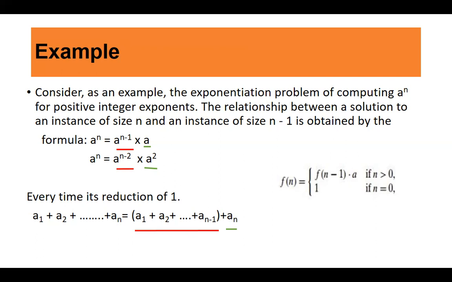Here we can observe that in the beginning iteration of the algorithm, the unsolved portion is much bigger than the solved portion. So here is the reduction. Once we take out one of the elements of the solution, we no longer revisit it and the size of the problem is reduced by 1. If you have already calculated a, you'll never go and calculate a again, you'll directly go for a square. Once a square is calculated, you'll directly go for a cube, right? So every time it is a reduction of 1.